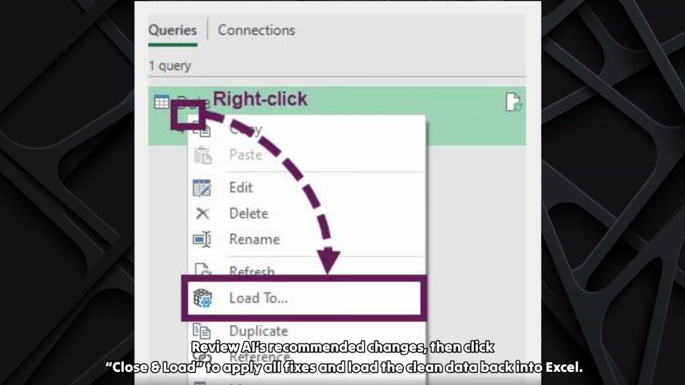Review AI's recommended changes, then click Close and Load to apply all fixes and load the clean data back into